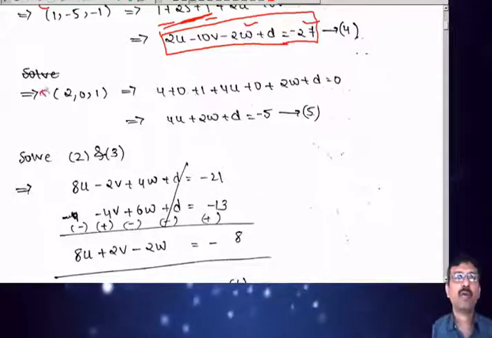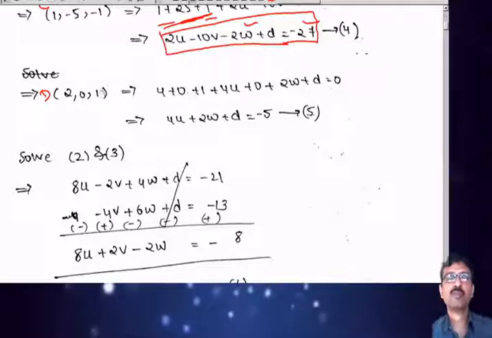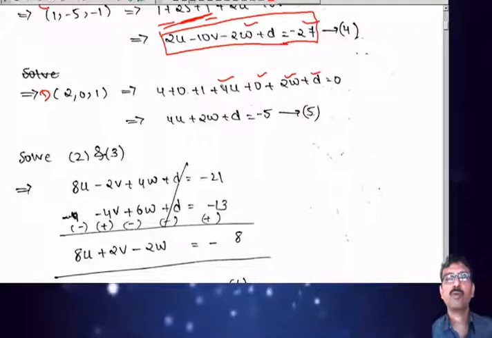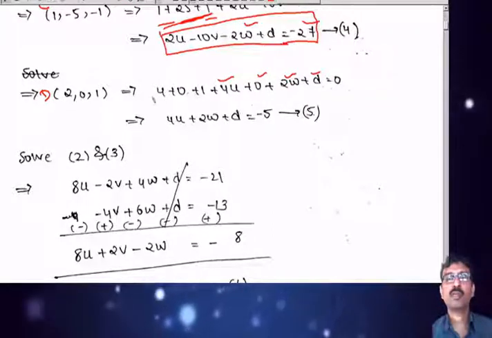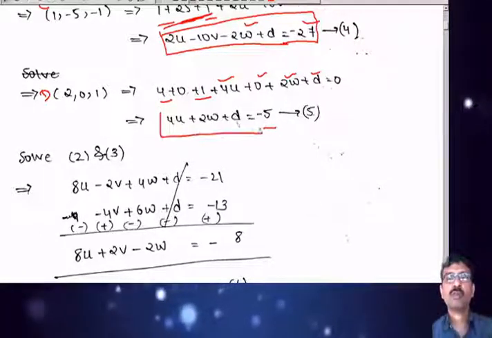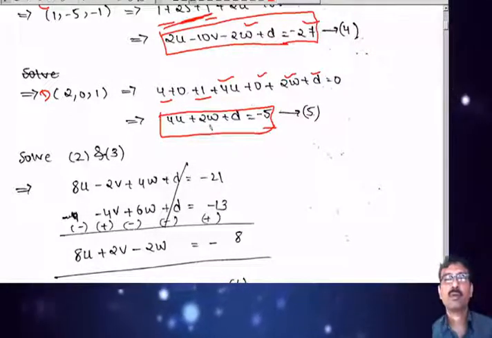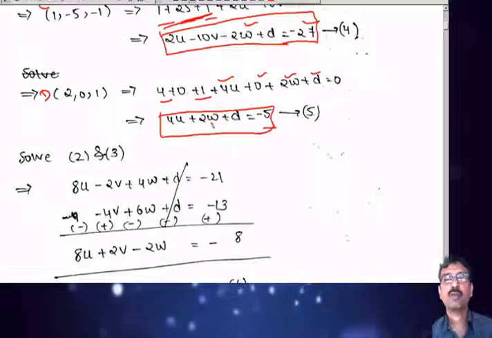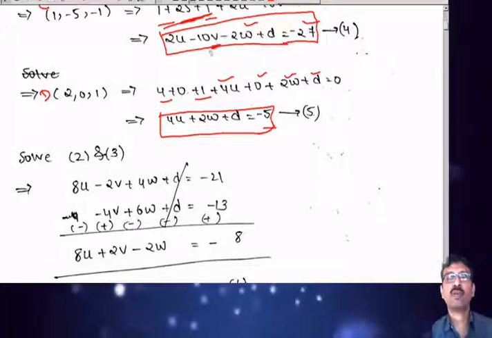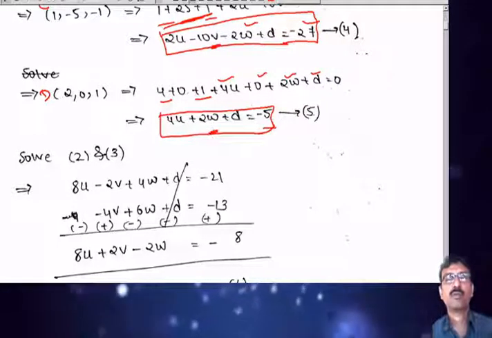And go to the last point D. Substituting in equation 1, we have x square plus y square plus z square, 2ux, 2vy, 2wz plus d equal to 0, 4u plus 2w plus d, 4 plus 1 is 5, shifting to the right side, that is minus 5. So the last equation is a little bit simpler. In this equation, the v term is absent. In the previous 3 equations we have the v term, but in this equation we don't have v.